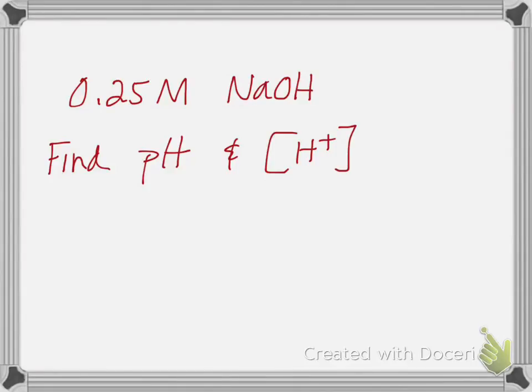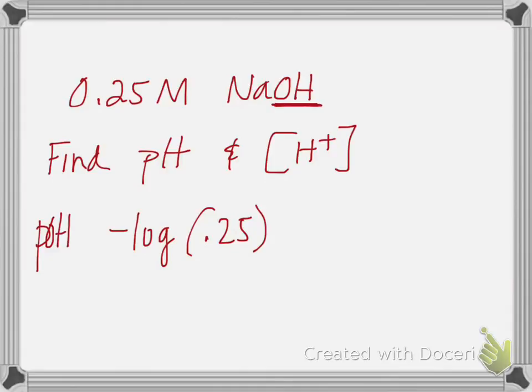Okay, so hydroxides are bases. It's a group 1 metal, and so it's a strong base. So if I take the negative log of this concentration, 0.25, it is going to be pOH that I'm finding, because it is a base. And so that would come out to be, and that's two significant figures, so I would write that as 0.60